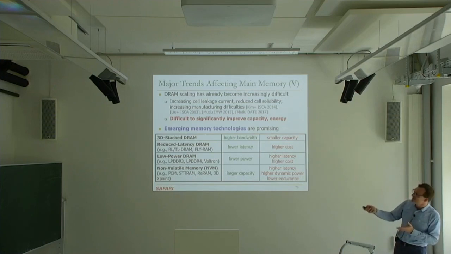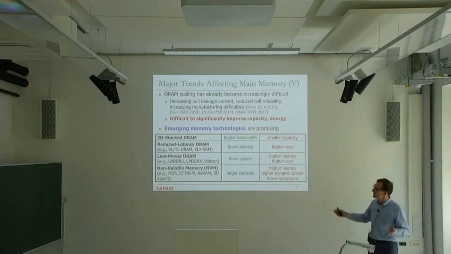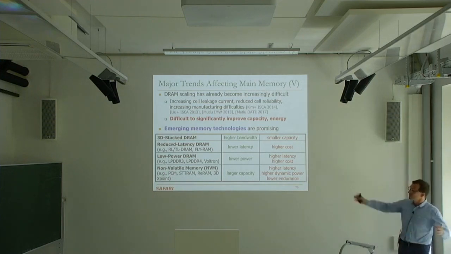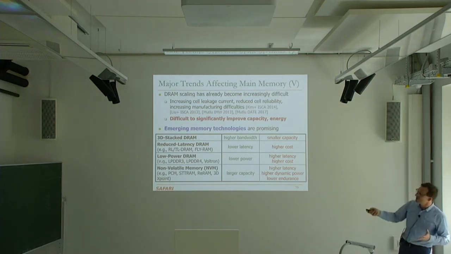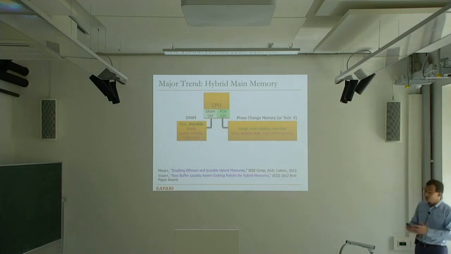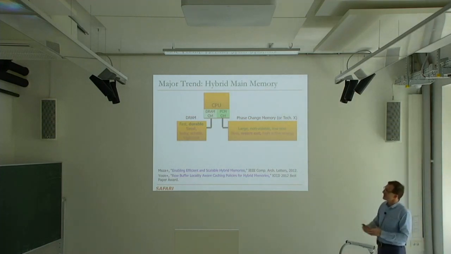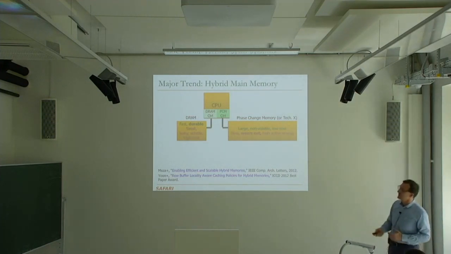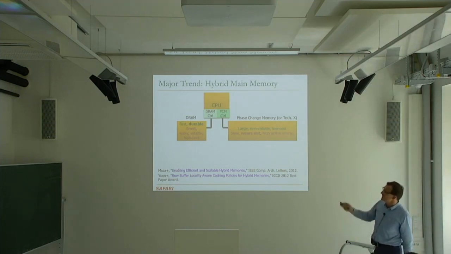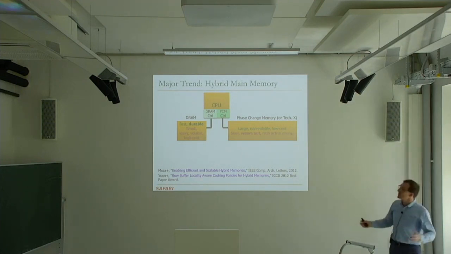Clearly, I didn't include SRAM over here because SRAM has significant issues to scale to very large technology nodes or very large sizes. But you can imagine SRAM over here also and Flash over here as well. But they're not emerging clearly. OK, so as a result of this proliferation and the fact that there's no single technology that's green at everything, this is a major trend that's happening in systems today. Essentially, we're putting multiple different memory technologies on a single node and figuring out how to manage them.